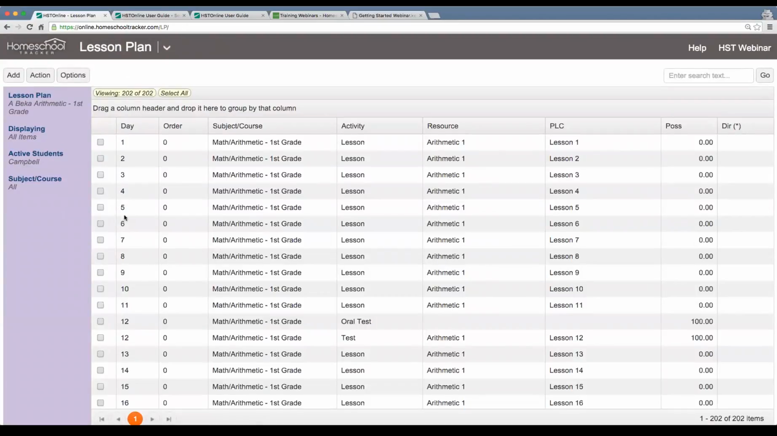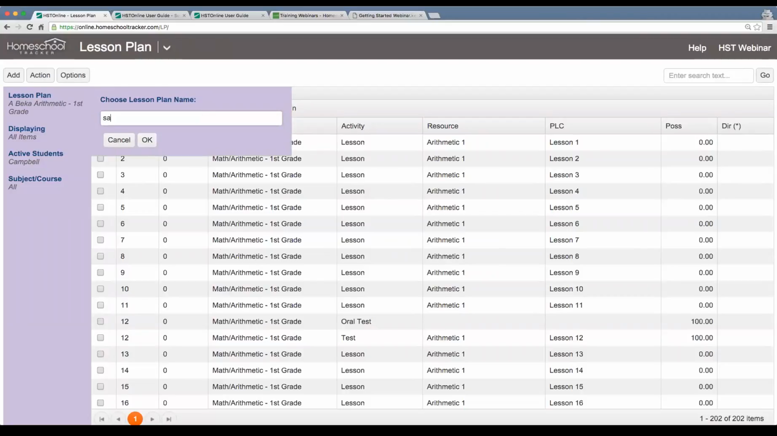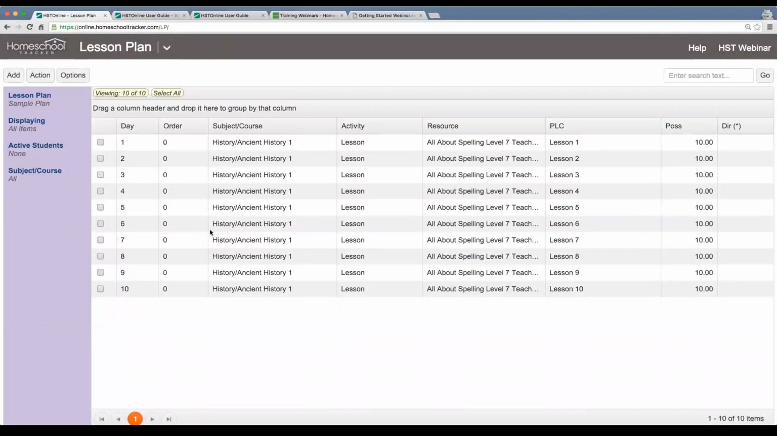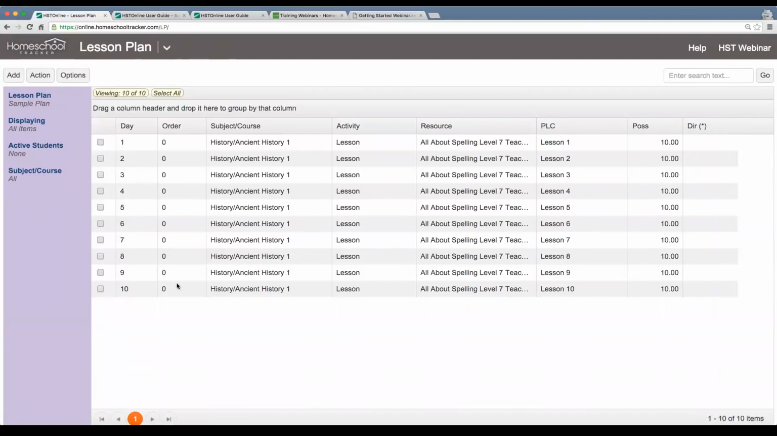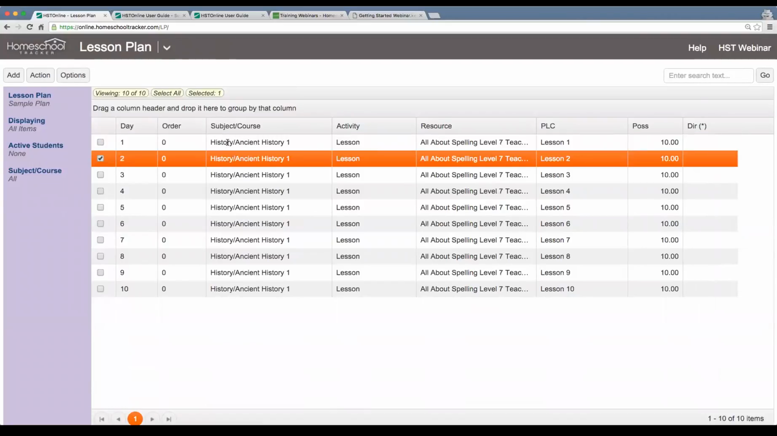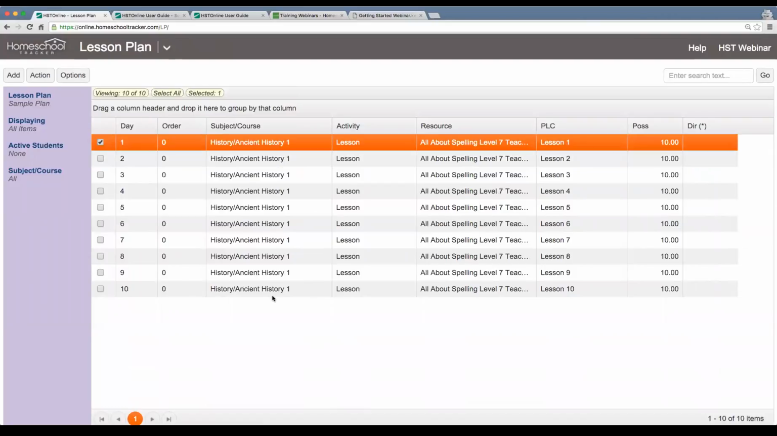And I'm still on the Abeka plan here, so I'm going to go ahead and load up that sample plan. And there we go. I now have a 10-day lesson plan for Ancient History 1. And this is it. So now I could use this with my students and just schedule each one of these days whenever I like. What I'm going to do, though, is I'm going to add a day 11 for a test. So I'll just do add single